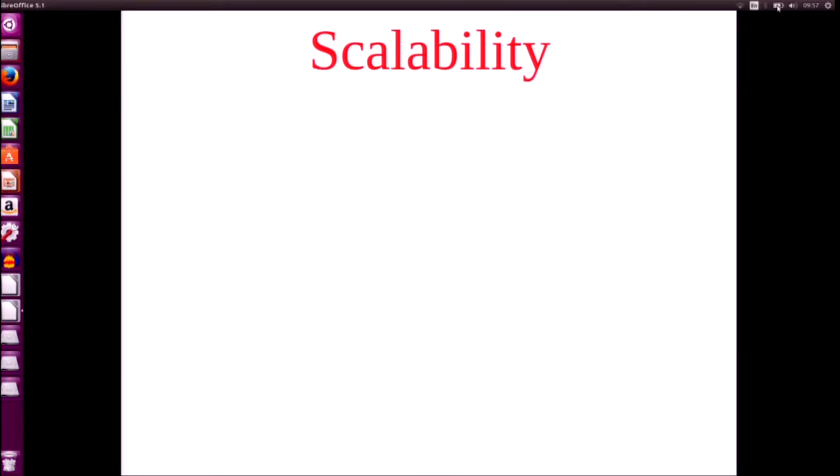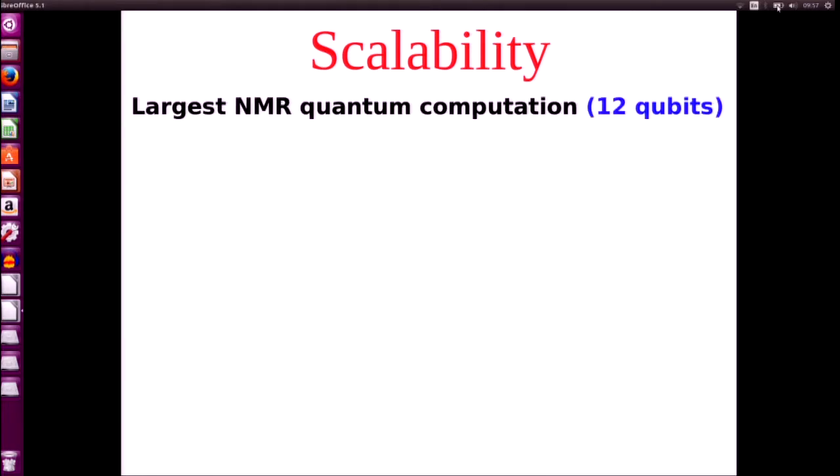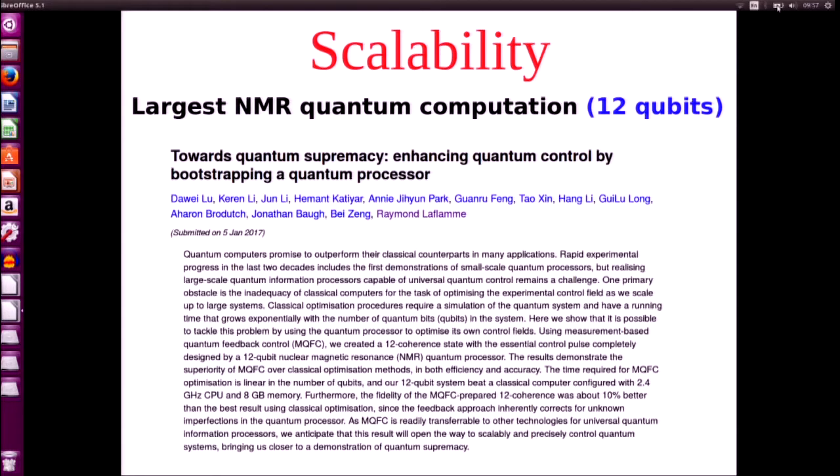So scalability is the question everyone is going to be asking. We can do k-local, we can do non-stochastic. What about scalability? The largest NMR quantum computation so far was with just 12 qubits. This paper in January 2017 by Ray Laflamme's group, when I was at Waterloo as an undergrad, Ray Laflamme was my thesis supervisor. Here he says, our 12-qubit system beat a classical computer configured with a 2.4 gigahertz CPU and